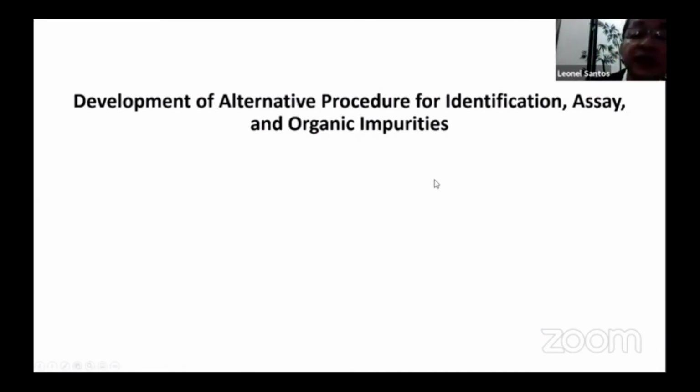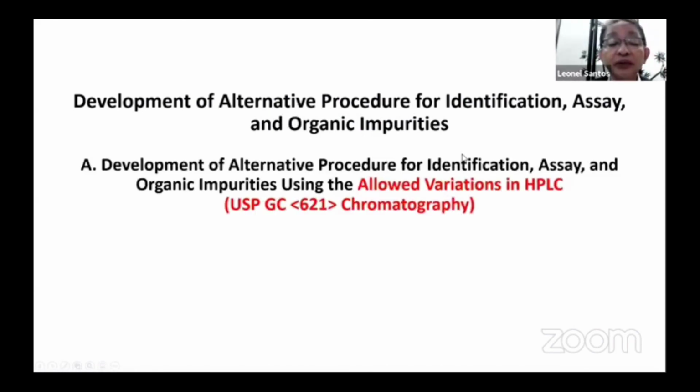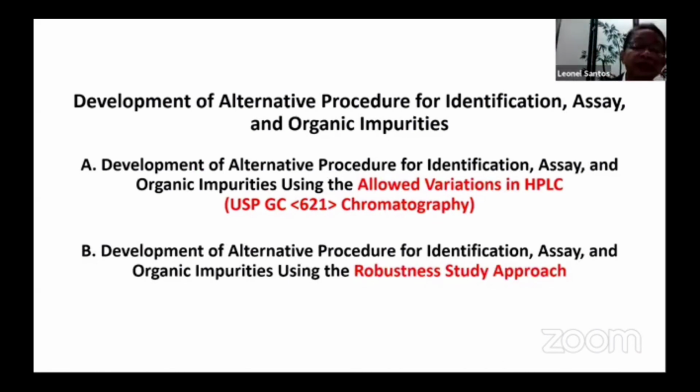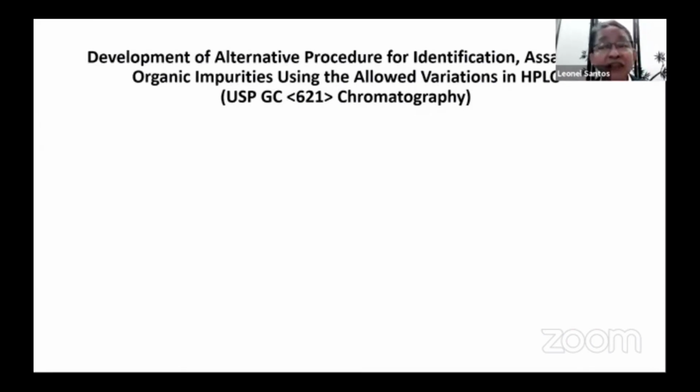So in the development of alternative procedure for procedures or methods for identification tests, assay, and organic impurities, you can use the first strategy, which is using the allowed variation in HPLC or the USP General Chapter 621 in chromatography. Or you can use the development by using robustness study approach, or you can use both A and B. But keep in mind that when you are developing an alternative procedure, it means that you have an initial knowledge of the procedure based on the monograph. So you don't have nothing. You have something where your starting point would be the USP monograph,